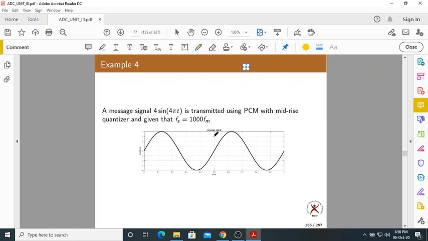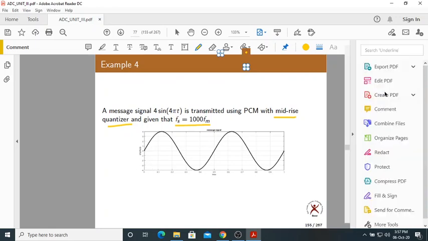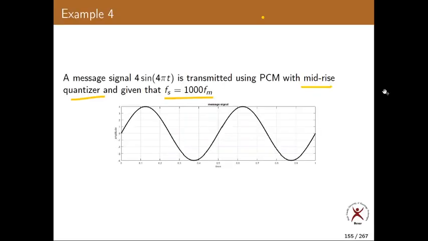So here, this is a MATLAB example. What I have taken is a message signal m(t) that is 4 sin 4 pi t, transmitted using PCM with a mid-rise quantizer. Please note it very carefully, given fs equal to 1000 fm. So the sampling rate is 1000 fm. So here this is m(t) that is being transmitted in the PCM